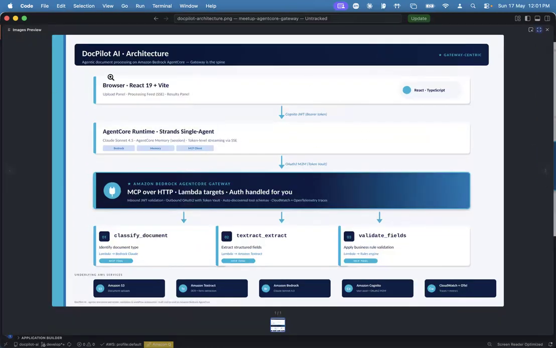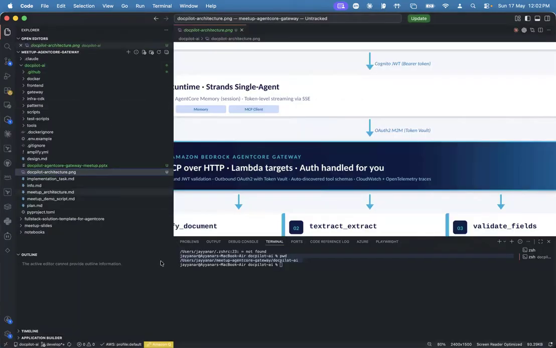We have built the UI with React.js, and then the AgentCore runtime is running, and it uses MCP over HTTP, and Lambda targets are what we mostly use. It uses classify document, extract document, and validate. All of these are Lambdas, and we expose them all as MCP tools. And other services are used underneath. Okay, that's the high level.